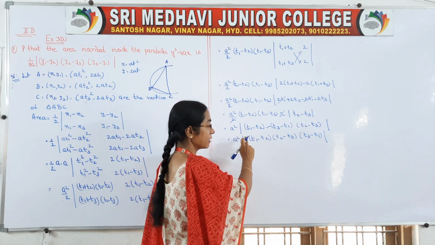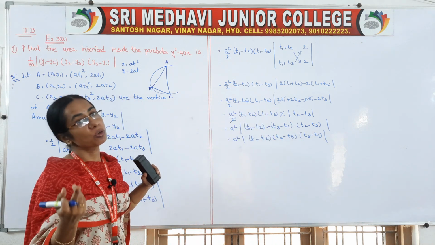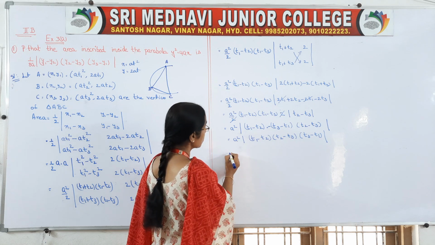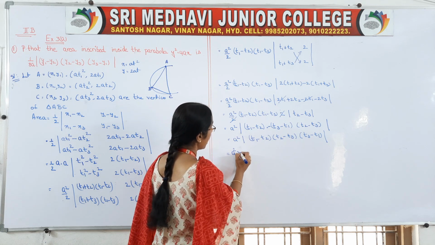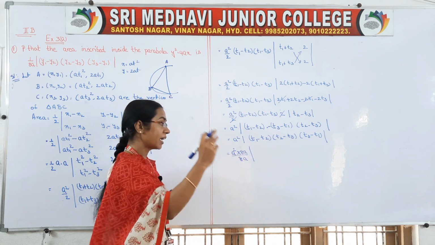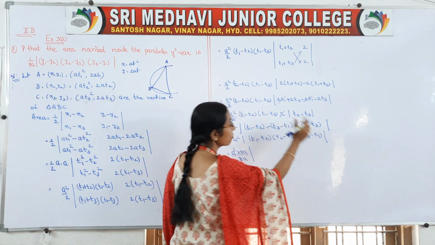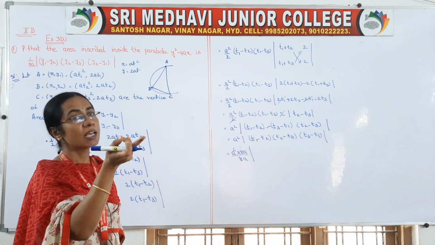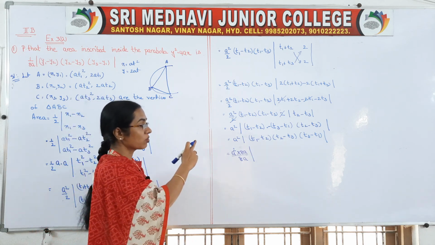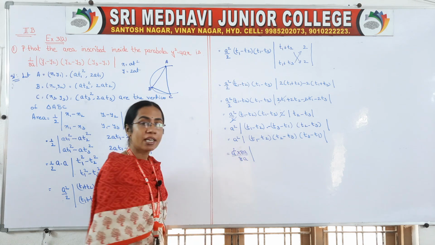That means 2a is needed here, here, here. That means 2a into 2a into 2a, 2 to the 4, 4 to the 8, 8a cube we want. Already a square is there. That's why observe, I am multiplying and dividing with 8a. Why? I want 8a cube so that I can give 2a for this and 2a for this and 2a for this. Right? 2 to the 4, 4 to the 8. A into a square into a cube. Right? So already a square is there, 1a is needed, 8 is needed. That's why multiplying and dividing with 8a.